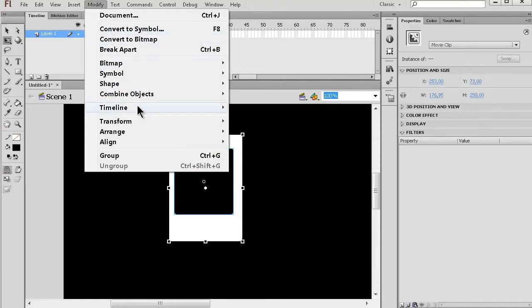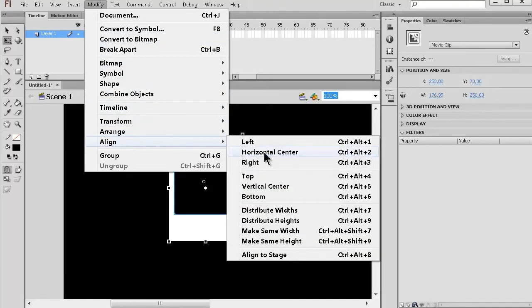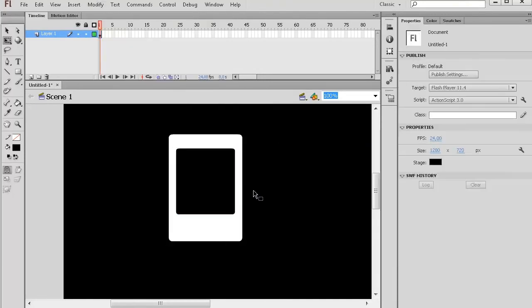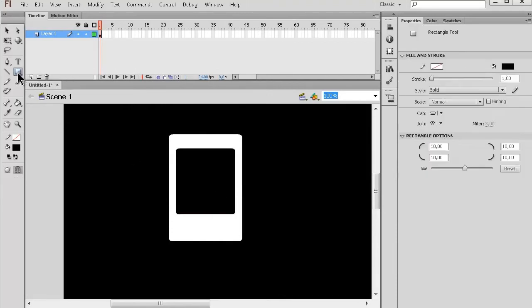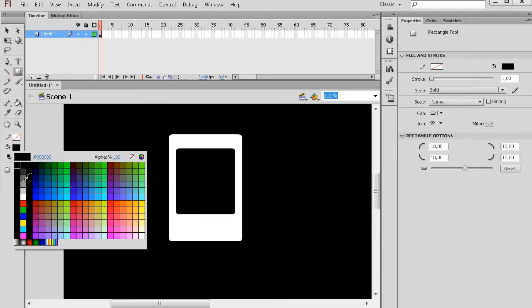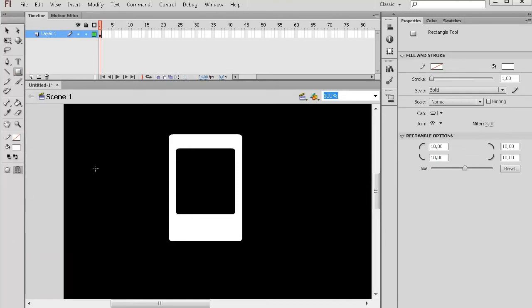And as you see, it's coming together pretty easy, and you can always figure out how the colors should be, and so on. As I said, I'm working in Flash here, but